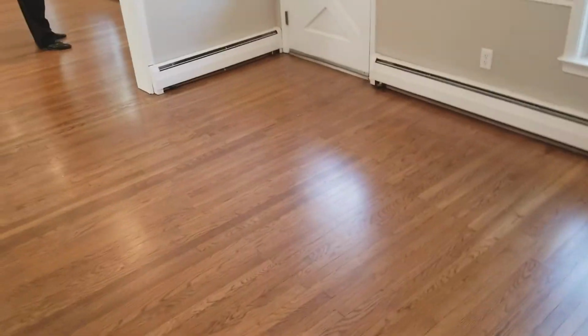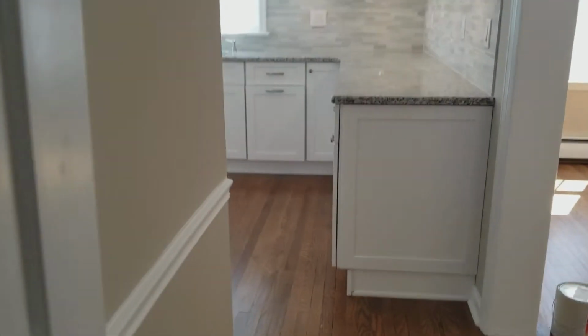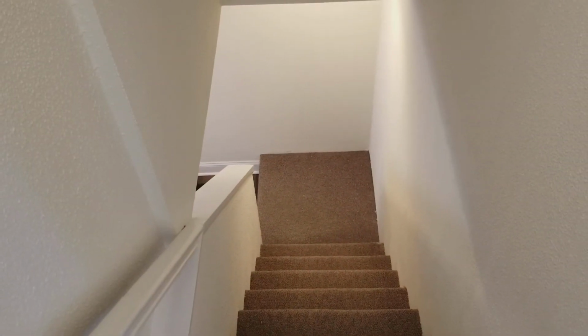street. Okay? All right, we're going back out and we're going to go down and we're going to do the lower level. Okay? So hang with me. Down, this is going down from the second floor to the first floor. I'm sorry, from the main floor to what they finished as the basement, which actually doesn't feel like a basement